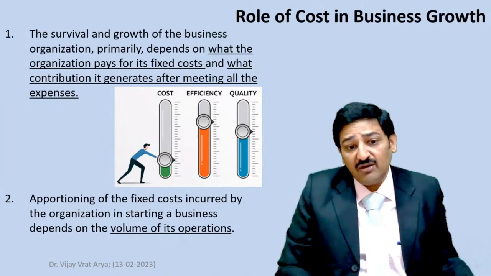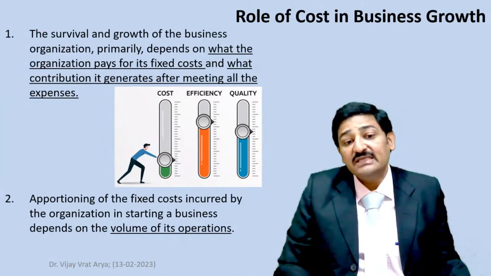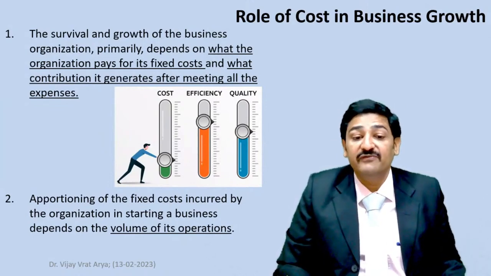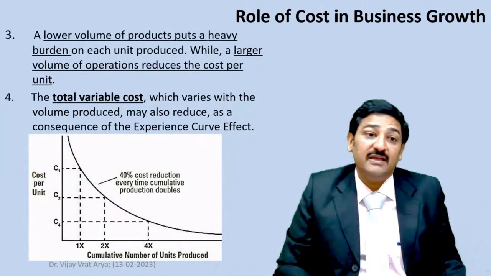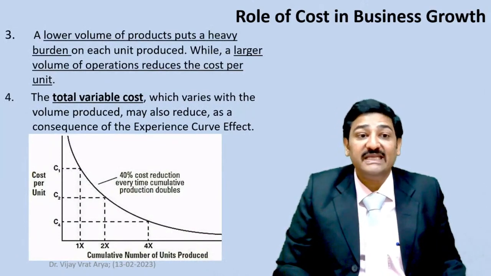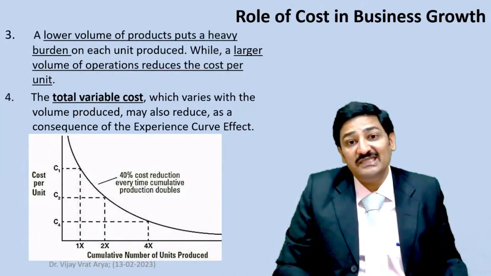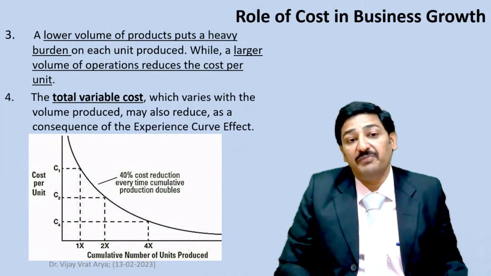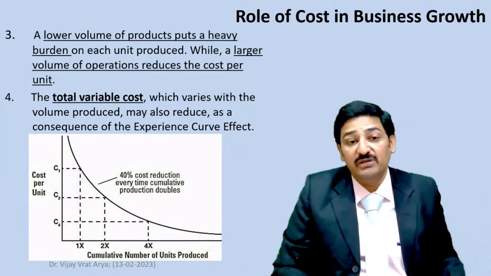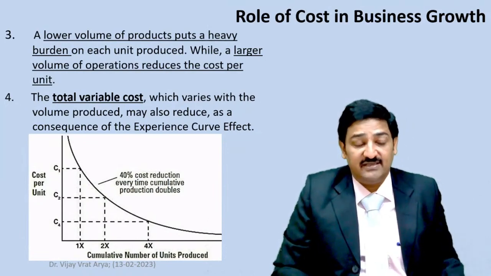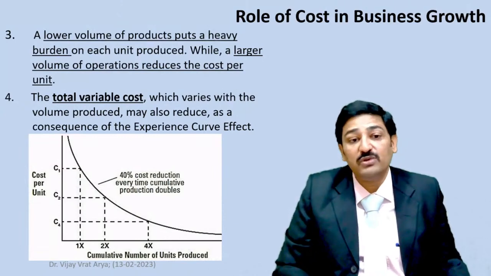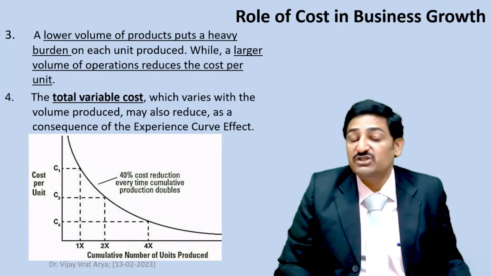Now, apportioning of the fixed cost incurred by the organization in starting a business is completely dependent on the volume of its operations. Therefore, a lower volume of products puts a heavy burden on each unit produced, while on the other hand, a larger volume of operations reduces the cost per unit, and therefore the total variable cost, which varies with the volume produced, may also reduce as a consequence of the expense curve effect,